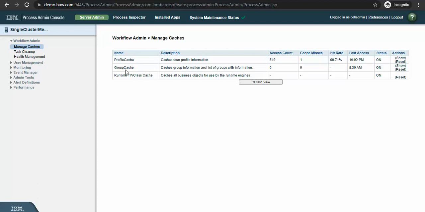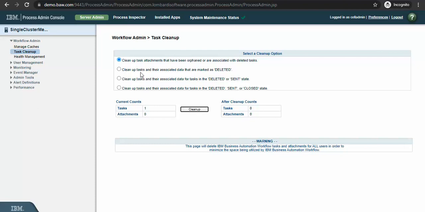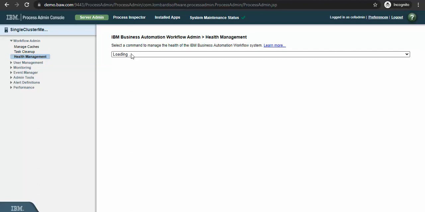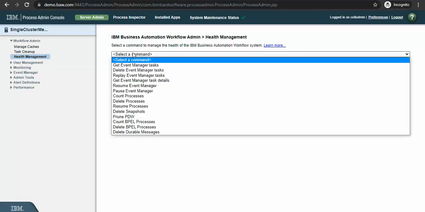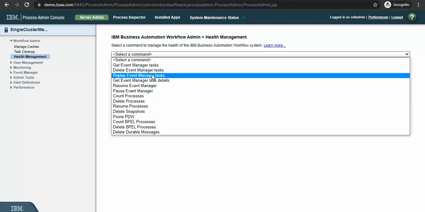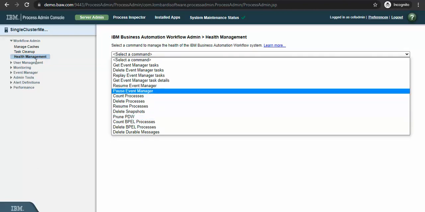We have profile cache, group cache, runtime TW, class cache, we have task cleanup, so there are different options available. We have health management. So these are all the options available from the health management perspective.